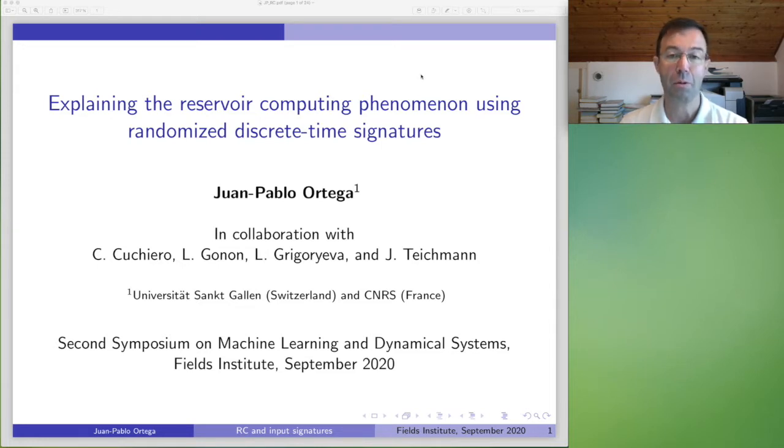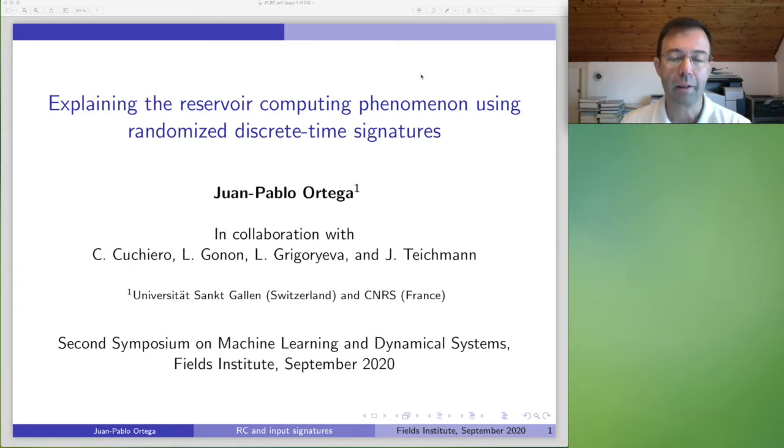So the point is the following. Again, this is a reservoir computing talk, and the goal here is to use certain geometric techniques, let's call it like that, to explain the success that we have in the use of randomness in reservoir computing. I mean, this phenomenon that inspires all of the fact that we are just randomly generating these dynamical systems, and then we just train a linear regression and all of a sudden it works. Why is that so? As I will emphasize later on, there are several ways to tackle this problem.